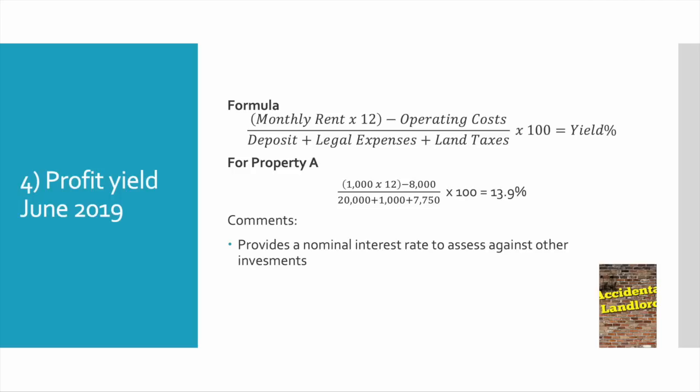So I'm talking about the deposit, I'm talking about the legal expenses, I'm talking about the land taxes, and if I had refurbished this property, the refurbishment costs. Okay, and I'm looking at that against the profit. So that's the monthly rent times 12 to annualise it, minus my annual operating costs. So for property A, that's 12,000 minus 8,000 annual costs, gives me a number of 4,000, which is my profit